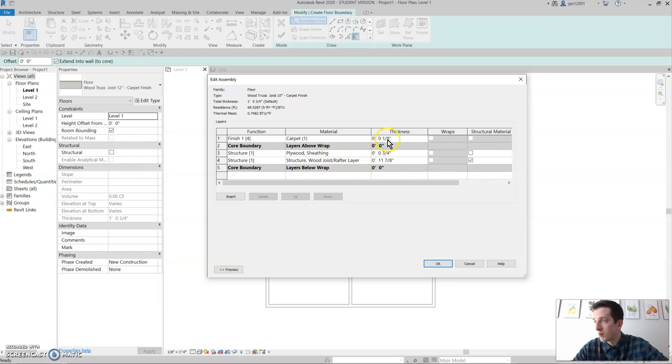So you can see that the carpet's an 1/8 inch, plywood is a 3/4 inch. Then you have the structure, which is the joist, the wood joist rafter layer. So that's the joist. So we want to switch that to be 10-inch. So what I'm going to do is switch it to 9 1/4 inch to get that 10-inch